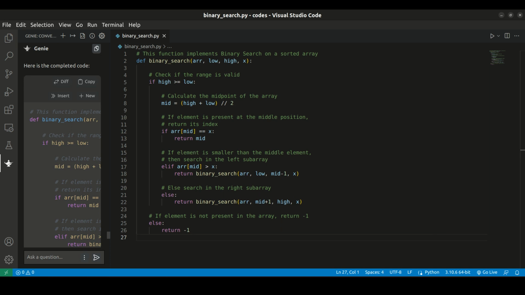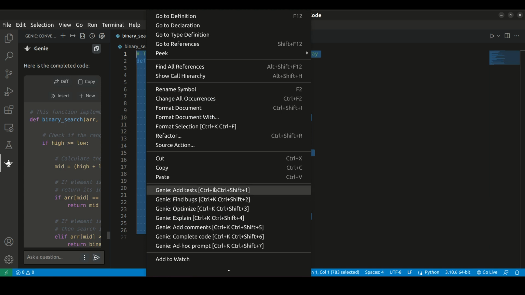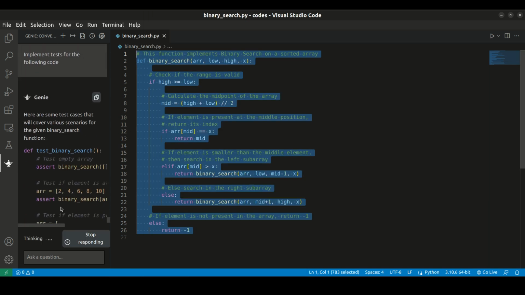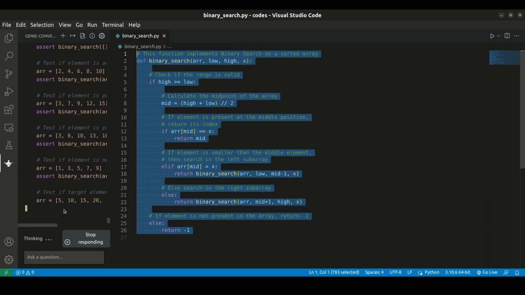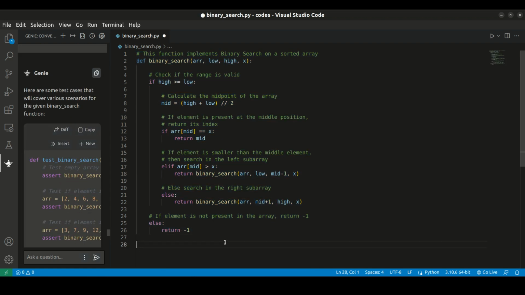Finally, let's try the last feature that we will be looking at in this tutorial, which is to add test cases. I'll select the function again and ask ChatGPT to add some test cases to it. It has begun to write some code to test the function. Let it finish. Okay, so now if I add it to our code and run it, it gives me an